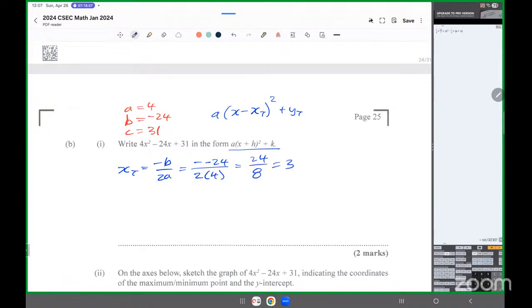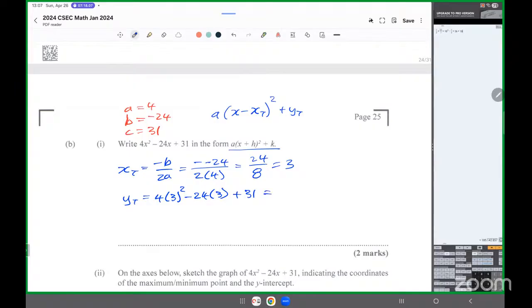Now, normally, when you get xt as a whole number like this, you can find yt by plugging the xt value in the function, in the expression. So you can get yt by just plugging the 3 back in, rather than use a formula for yt. When you get a whole number value for xt in particular, you can do that. So now, let's do that. The yt is going to become 4 times 3 squared minus 24 times 3 plus 31